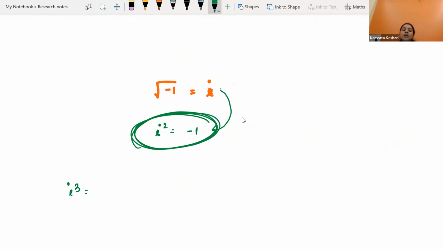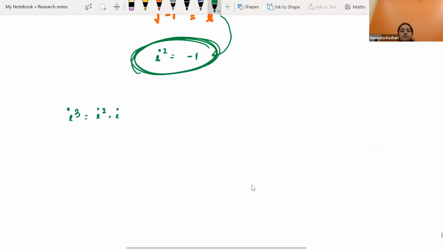Memorize it. Okay, now i cube, when you have to find, you can say i cube is nothing but i square into i. Can we say? And i square is minus 1, i is just i. And i cube is the same as minus i. From now onward, i cube, i to the power 4, i to the power 5,